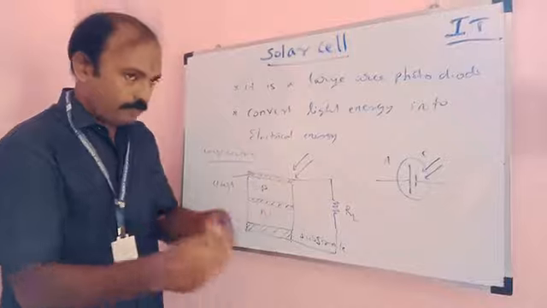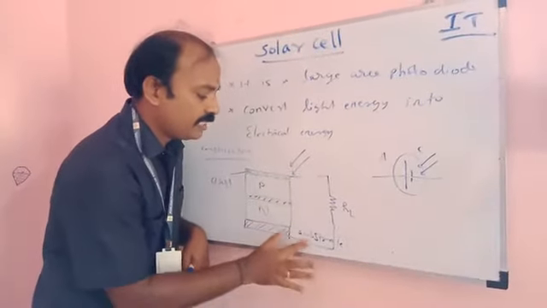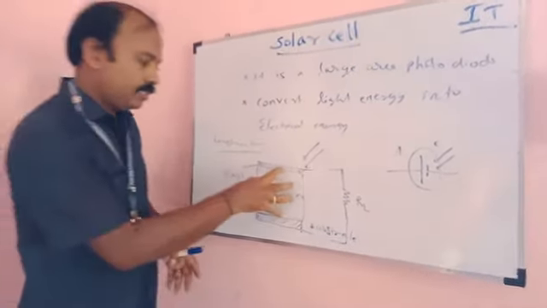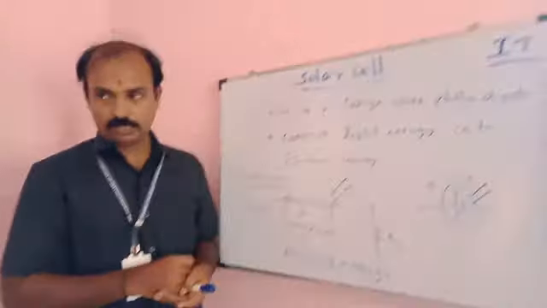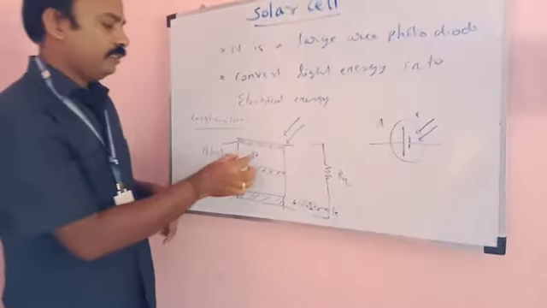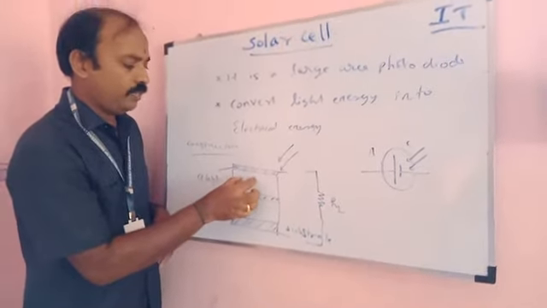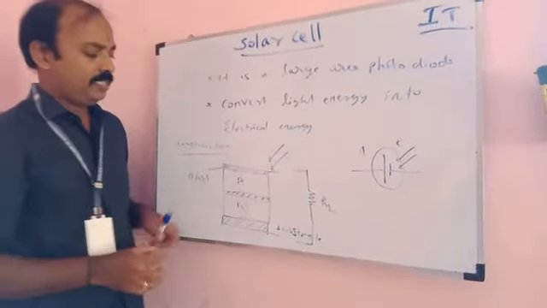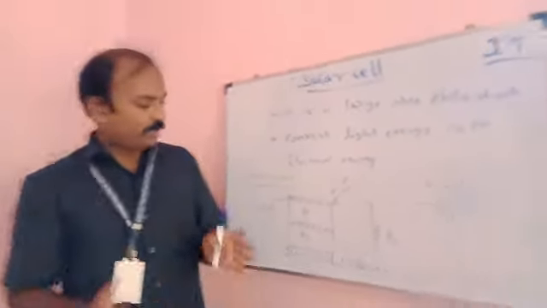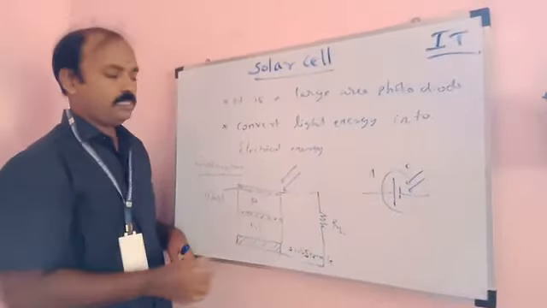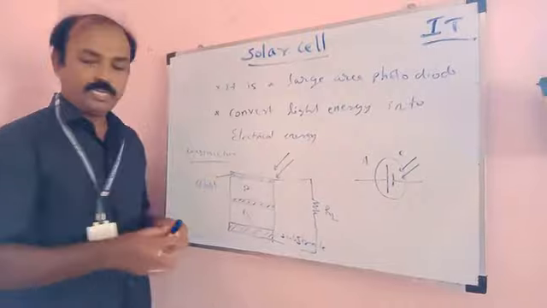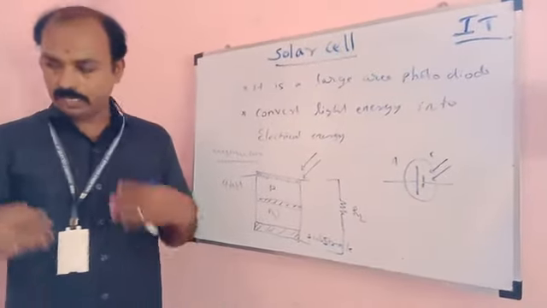Then we talk generally about when no load resistance is provided in the initial stage. Point number 1, the system is going to be exposed to light in the absence of the load resistance. Then automatically the majority holes in the p-type semiconductor and the majority electrons in the n-type semiconductor are there. Then movement will take place from this p region and also the n region. P region has majority positive, n region has majority